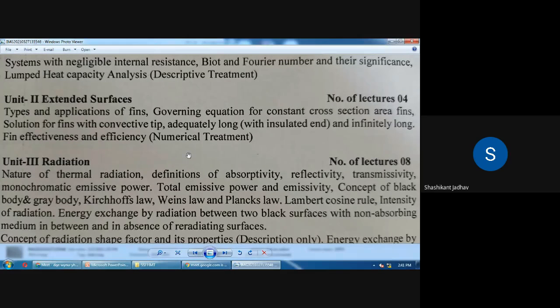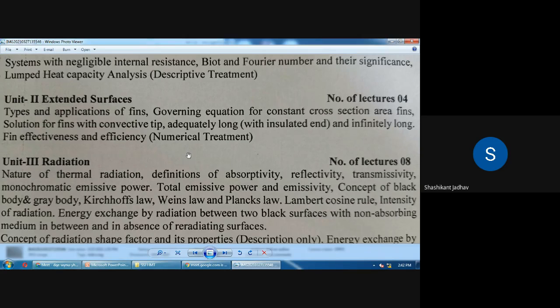So there are two ways to improve the rate of heat transfer. First is to increase the convective heat transfer coefficient, that is h. Another way is to increase the surface area. If the values of h and A are improved, the heat transfer rate will increase, because the temperature difference is kept the same for design consideration. So by increasing the convective heat transfer coefficient and by increasing the surface area, we improve the rate of heat transfer.